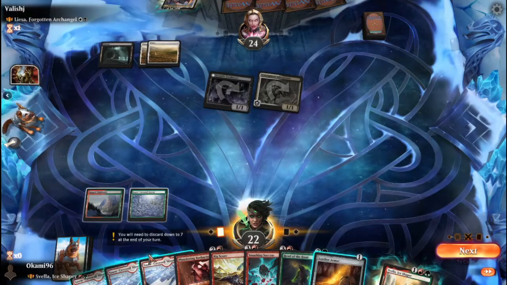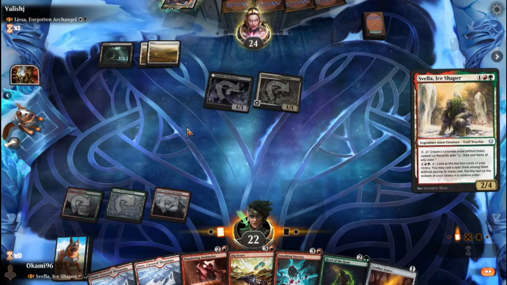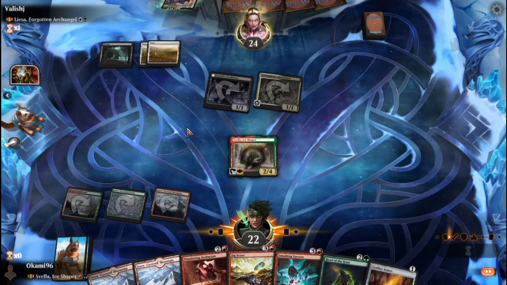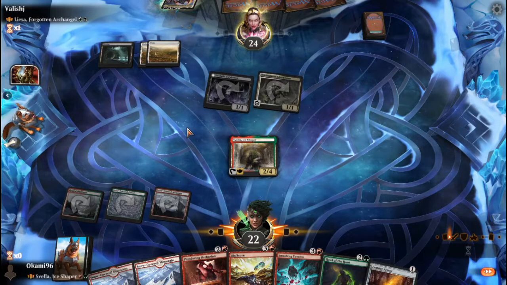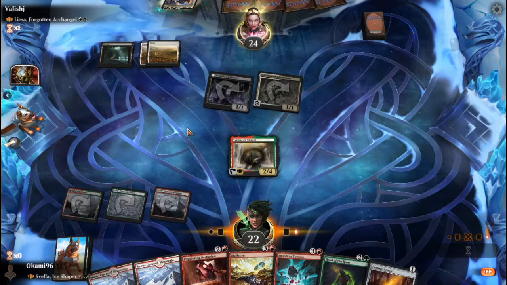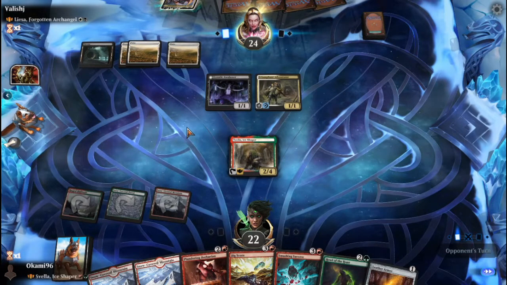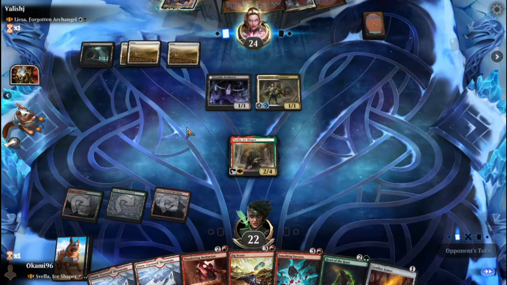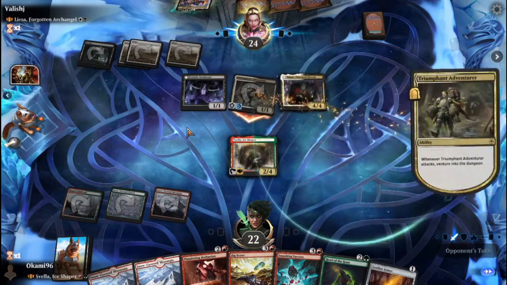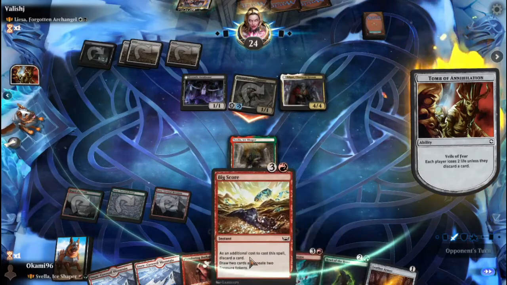Look at this guy. We're going to go ahead and play Svella, and hope to God he doesn't have a kill spell. That would be really bad, but we'll see what's going on. Of course, he ventures into the dungeon. And I am definitely not going to walk, so...